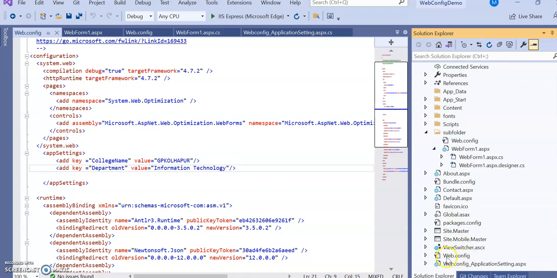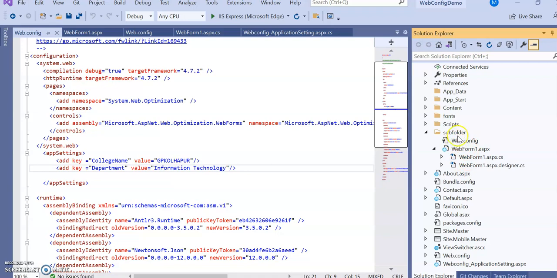So this setting will be applicable to all the folders and all the files which are present over here. But suppose we have created a subfolder which has another web.config file, so that will be a child one. So this child subfolder's web.config file will be used for these pages.